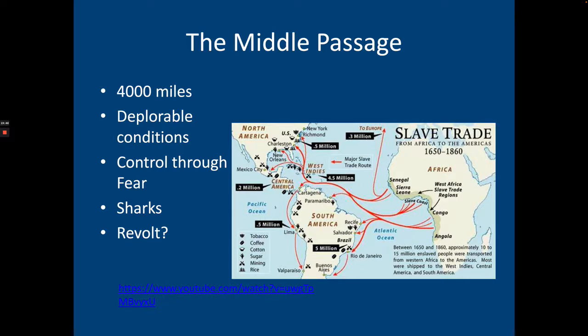But this does make a difference, right? We want to think about the idea of agency here again. Did slaves have any ability to influence their outcome, to influence their conditions? And I think one thing we could say is if Africans had been more docile, then perhaps many, many more people would have been enslaved, because some research suggests that these revolts, this violence on these ships, was so common,